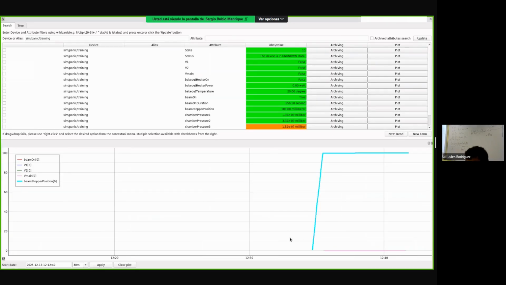Okay, so here we have the attributes in really low values, which can be seen mostly because the values move from 0 to 1, so it's difficult to plot. The Vmon is also 0, 1, true or false, but we see that this motor is doing a ramp from 0 to 100,